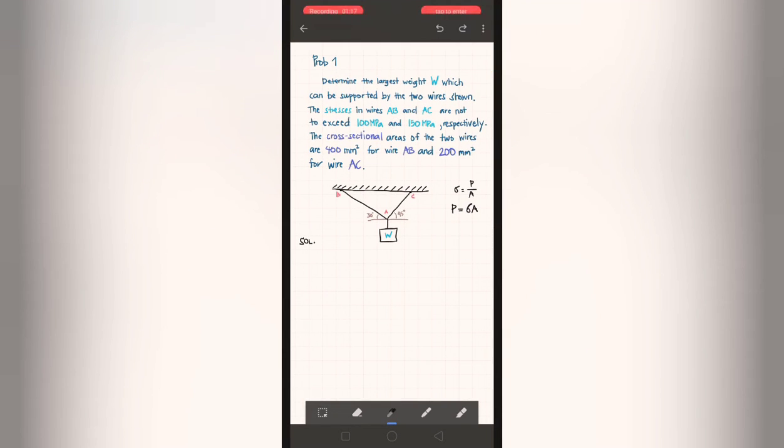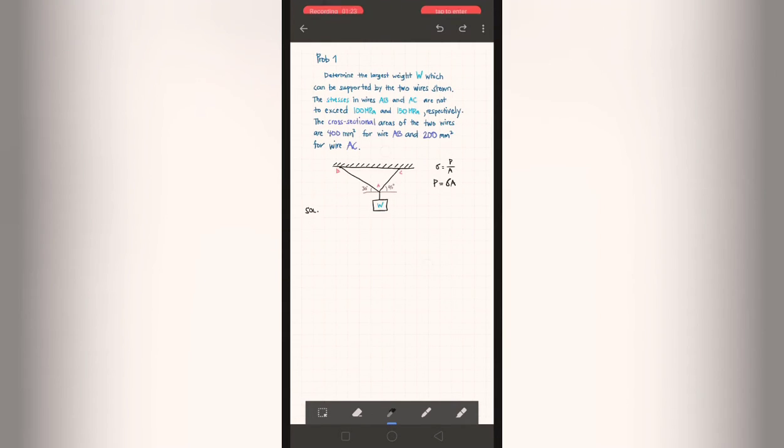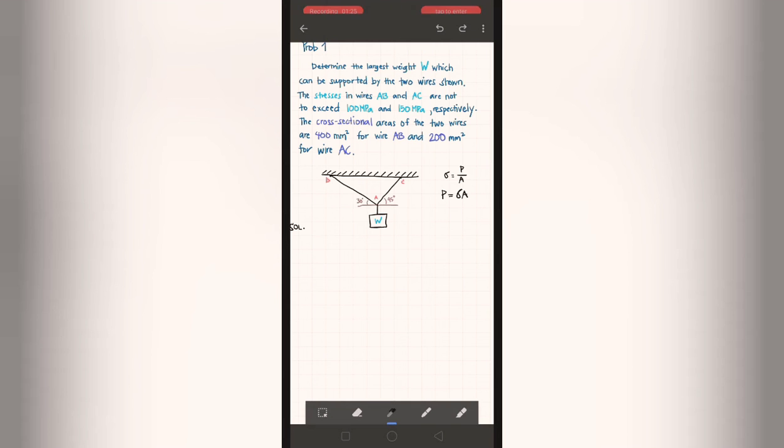And we are also provided the cross-sectional areas of each. So to solve for this one,